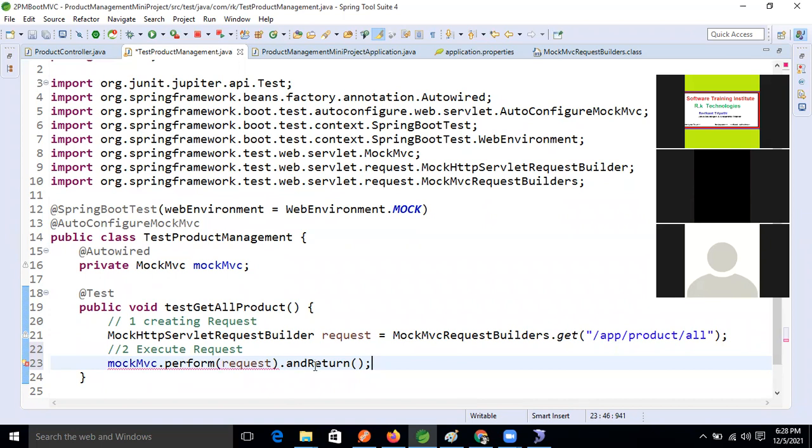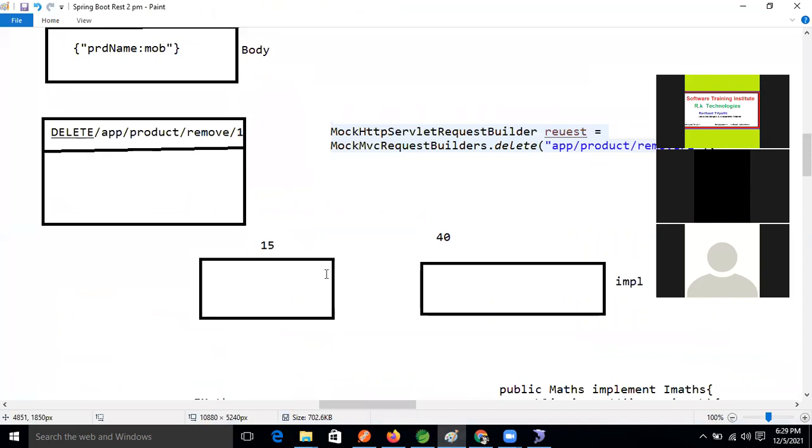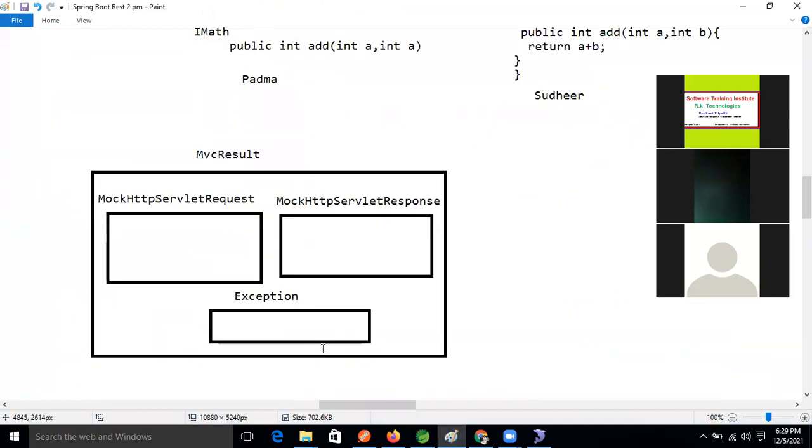What is the return type of this method? We saw that, guys. Come here, what is the return type?